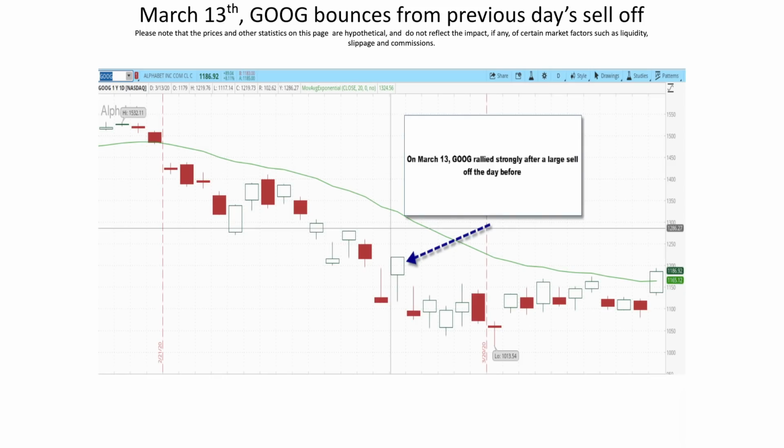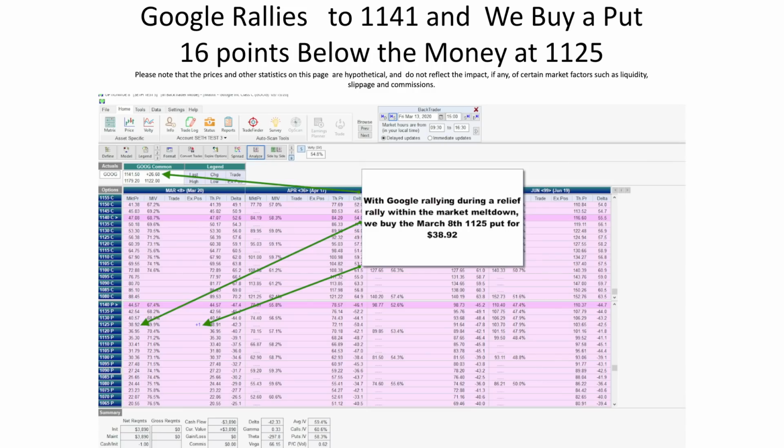And as you can see, Google had rallied heavily off of the previous day's close. And so it would not have been illogical on that day to think, well, this has been a seesaw market and we're in the middle of a pandemic. There's a pretty good chance that the market will have some bad days in the future. So let's take advantage of this Google rally and go ahead and buy the 1125 put, which is priced at